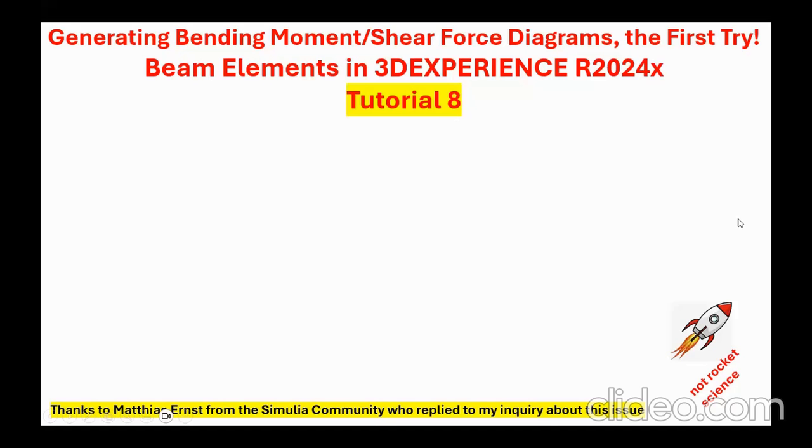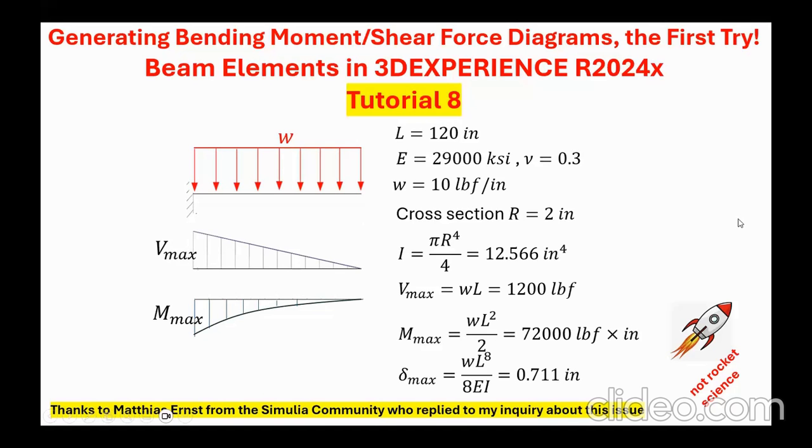The simple problem that I'll be doing is a cantilever beam like that, which is loaded uniformly. And obviously, whatever we do, we're going to have to get the shear force diagram, which looks triangular like that, and a bending moment diagram, which is parabolic, as shown below. Now,